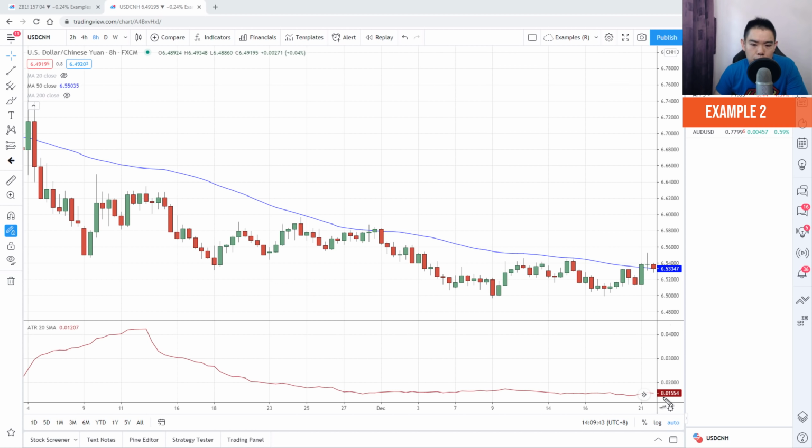The value right now is 0.0155. So find out what's the highest price point over here and add on 0.0155, which is the current ATR value. To walk you through this exercise, this high is about 6.5530. So I'll take 6.5530, and I'll add on 1 ATR. And I can find the 1 ATR value over here, which is